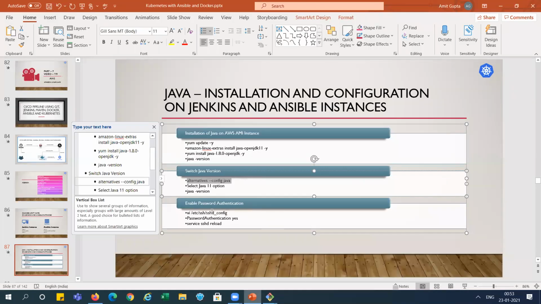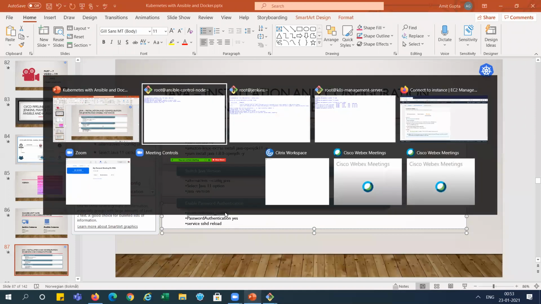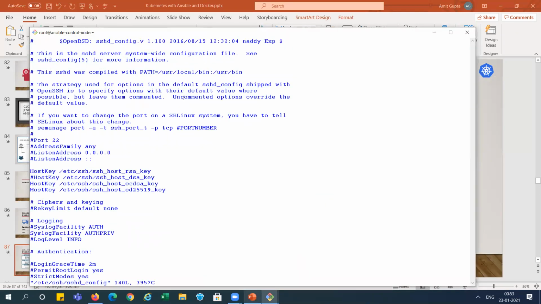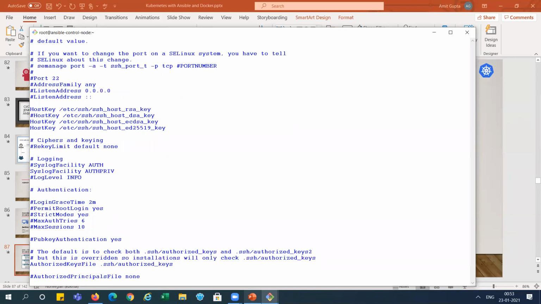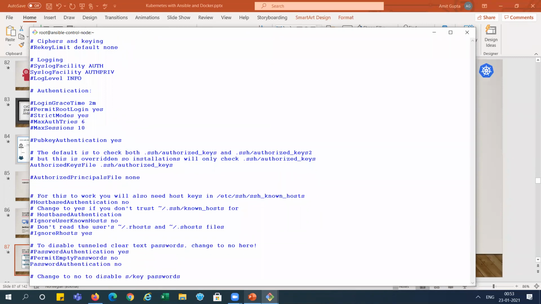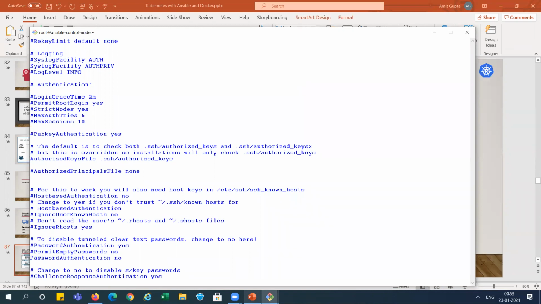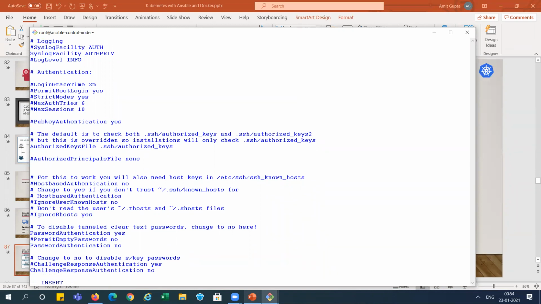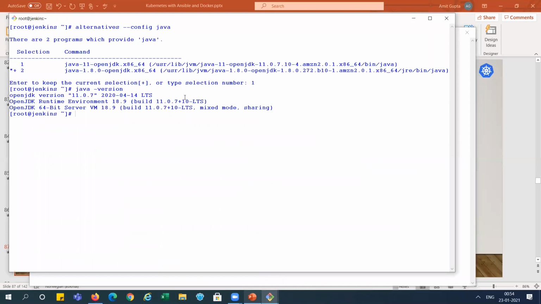Now we need to enable the password authentication. So we need to do it by changing the config file. I am opening it. I am commenting this one out, right? This one we have done.